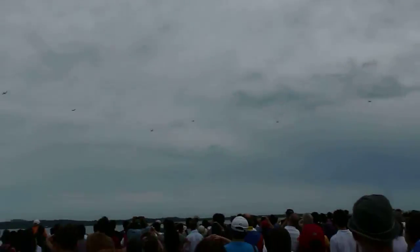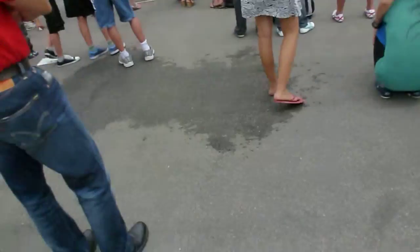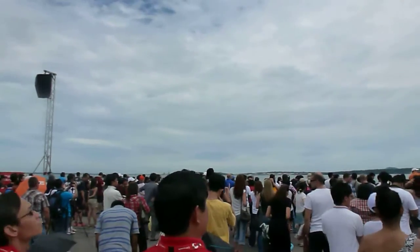So as they're approaching the vertical nose down, the Roulette leader will give the command for everyone to break, which you'll see very shortly. Beautiful stuff, and a great way to round